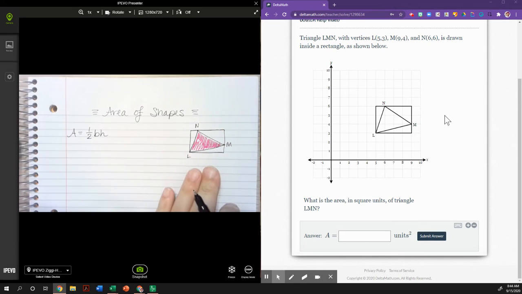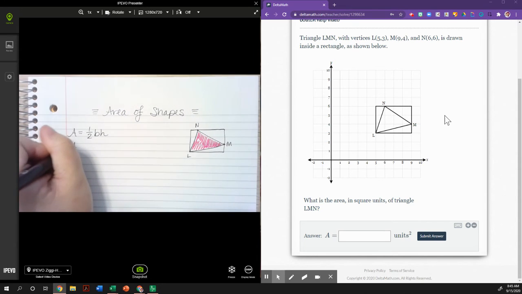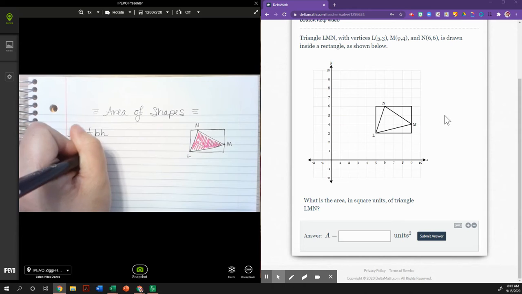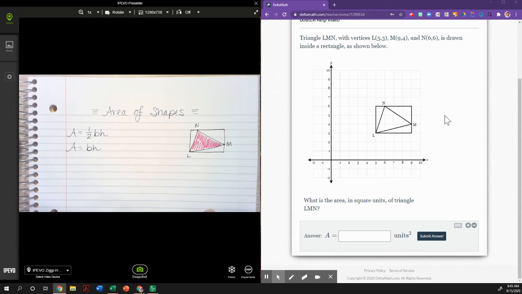times height. Well, when a triangle is drawn this way and it's rotated to where clearly one side is not going straight up and down, you don't have a really clear-cut way to find the height in this problem, okay? So this is why I do like these problems, because it's going to focus on us using also the area formula of a rectangle,